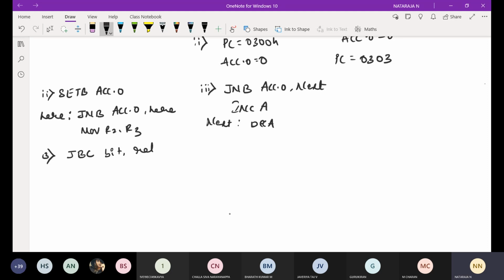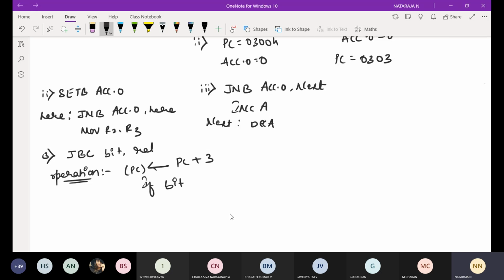If the desired bit is low, then the processor proceeds with the next instruction. Take the operation. Operation: program counter is loaded with program counter plus relative address.